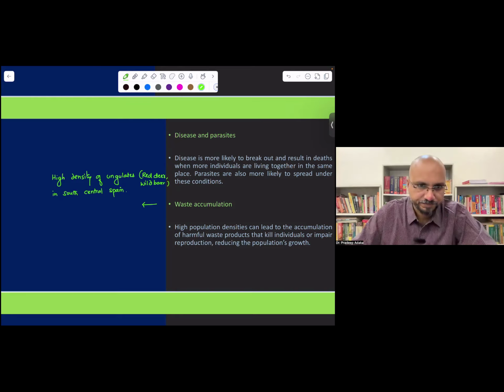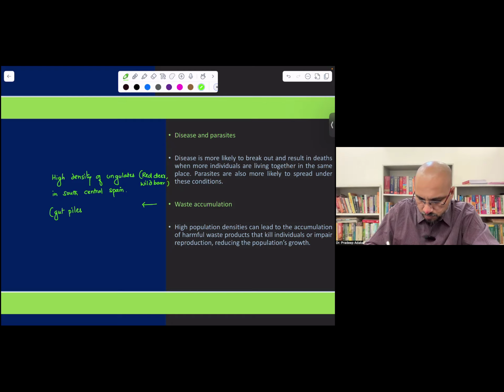So they hunt these animals and eat them, and whatever waste is there, the gut piles, whatever waste is produced, it can lead to transmission of bovine tuberculosis. So if any of these ungulates is affected and the gut piles are discarded like that, the waste that is produced,